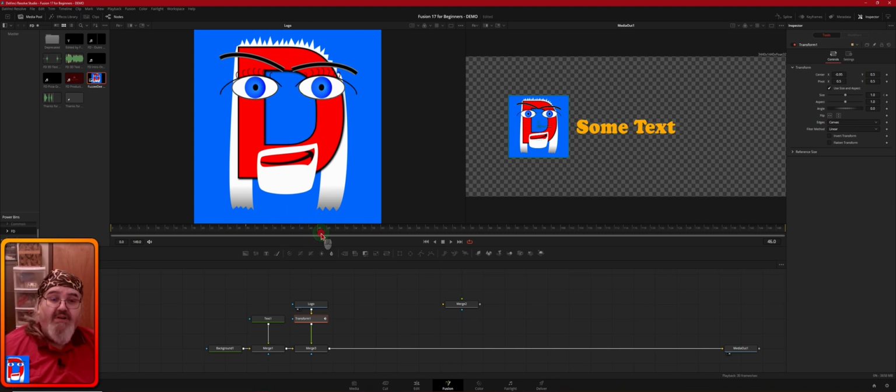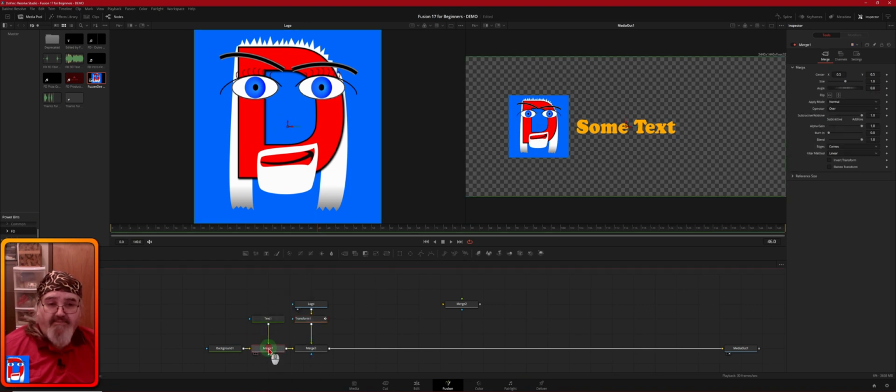So we'll go to frame 45 and we will select our merge on our text. Now we've got a couple of choices here. We can do the same thing there that we did with the logo, and we can have it show up. We've also got some other things that are built in that you can use. But the basic thing I wanted to show you here is that we can make it appear and disappear with